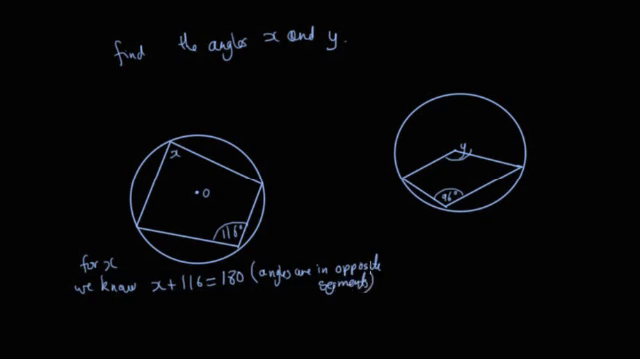Or you could also say opposite angles of a cyclic quadrilateral add up to 180 degrees. Either explanation would work. So doing the arithmetic, which is pretty simple, you're going to take 180 take away 116. X is going to be 64 degrees. Now, for angle Y,